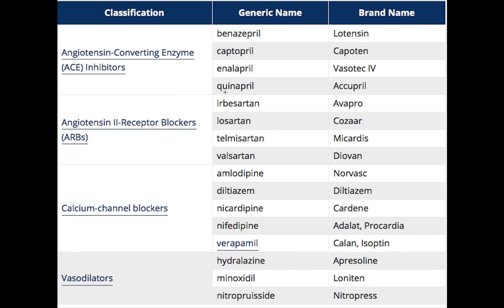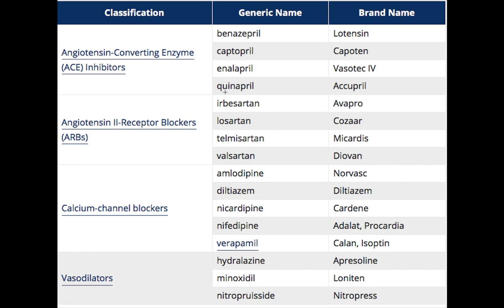With the ACE inhibitors, what effect do they actually have on the heart? When you prescribe a patient an ACE inhibitor, it lowers the blood pressure. This means it decreases the preload and afterload on the heart. More than that, it helps in congestive heart failure patients with reduced ejection fraction, and it can be used in patients who recently had an MI. You can even give it to patients with diabetic nephropathy.